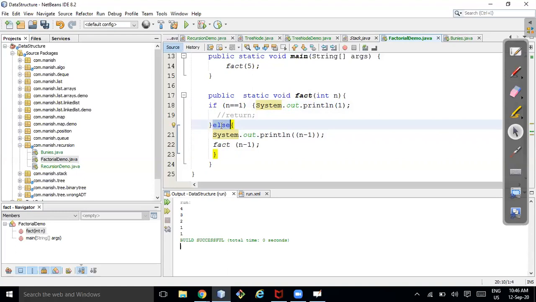Just try to observe, and this pattern will be very helpful if you try to write and debug the code. So if I write return and I remove the else block, it is working very good.